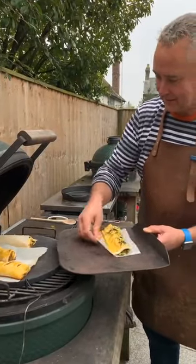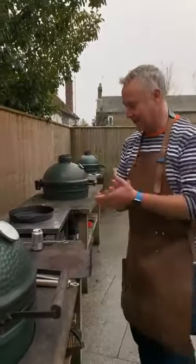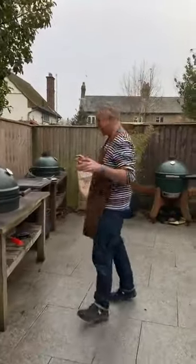Look at those, they're looking good. Right, now they are going to take a little bit longer than the show, unfortunately. That is my timer for my eggs. So,